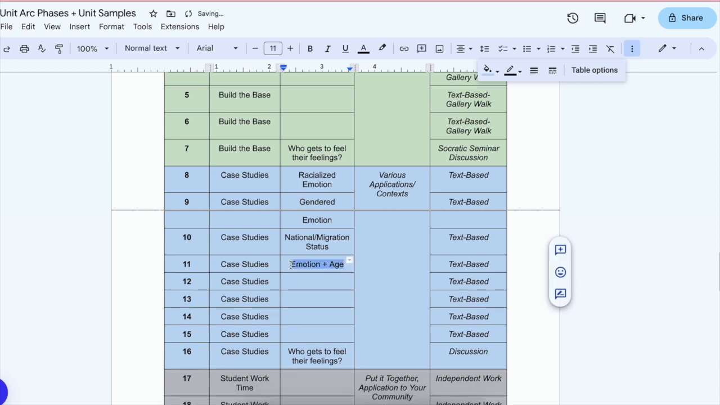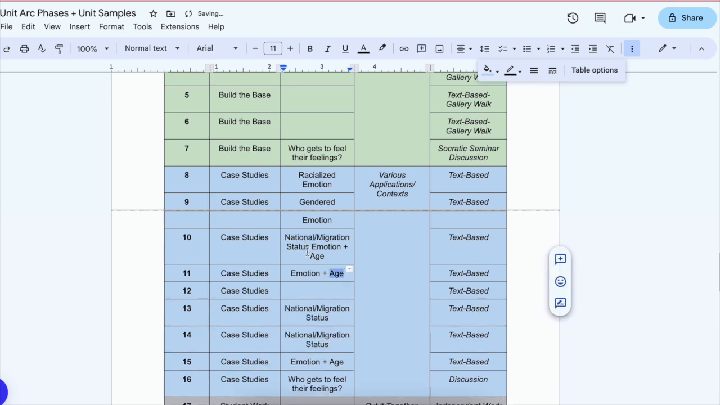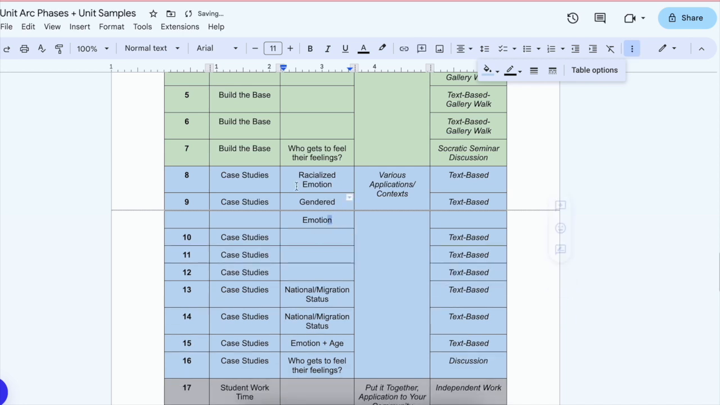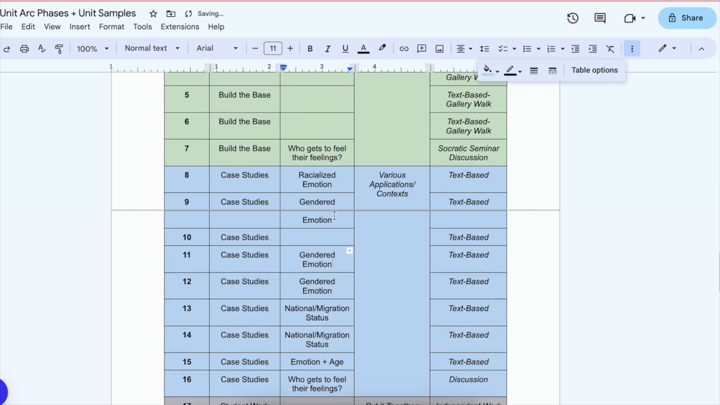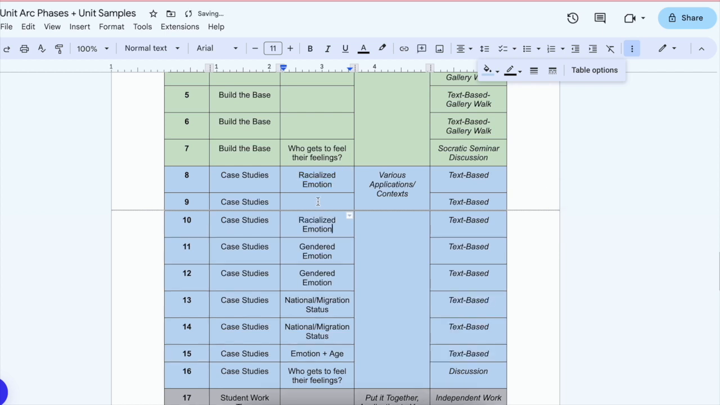Perfect. So we have emotion and age, we're going to do those 2 days. We have national and migration status, we're going to do those for 2 days. What I'm doing here is because I actually think these are case studies, because they're different applications of a core concept. Now, the core concept I initially thought was this idea of the tropes, or the ways that we